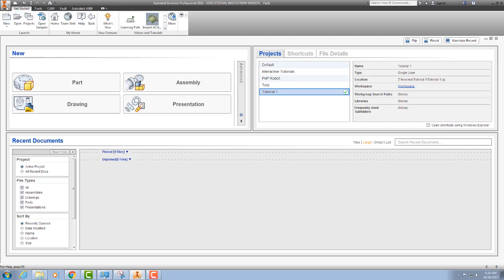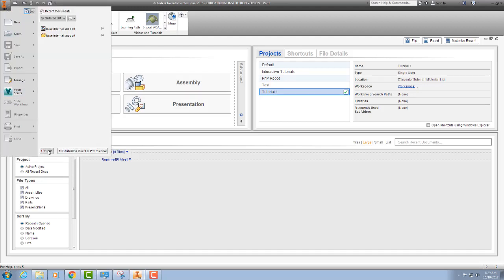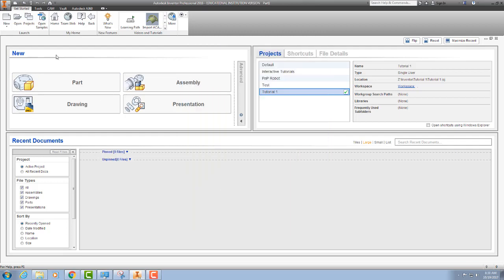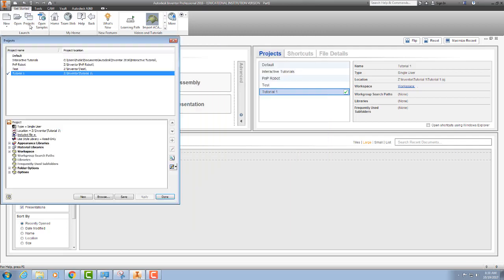First thing I'm going to do is make sure my project situation is set up. So I'm going to go to the big I in Options, go to the File tab, and confirm that the Folders project says Z:\Inventor\, and it does. And I'm going to go up to the projects icon on the launch panel,